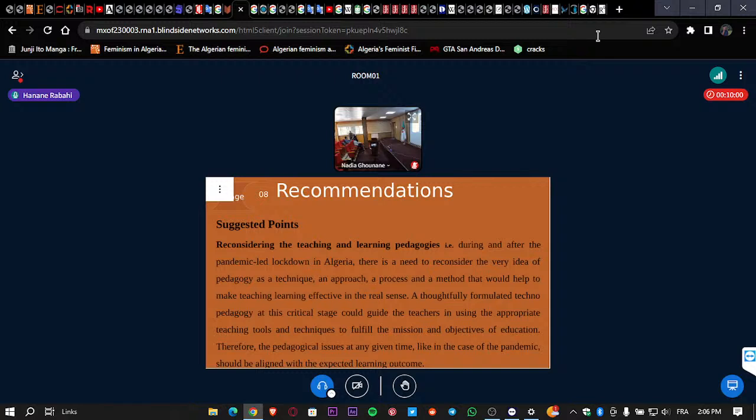A thoughtfully formulated techno-pedagogy at this critical stage could guide the teachers in using the appropriate teaching tools and techniques to fulfill the mission and objectives of education. Therefore, the pedagogical issues at any given time, like in the case of the pandemic, should be aligned with the expected learning outcome. Secondly, capacity building